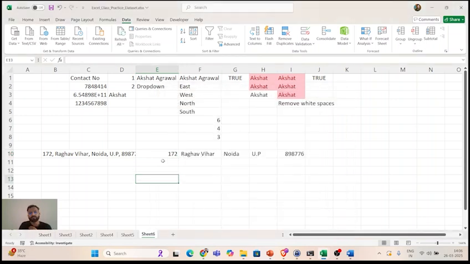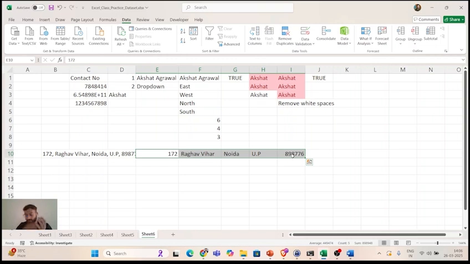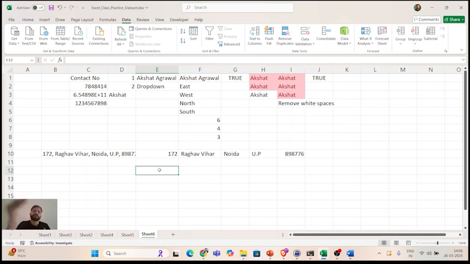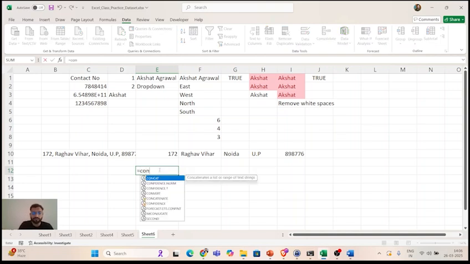But assume someone wants me to join this again, to merge the columns, to merge all the things. That again comes under the text functions as well as the data cleaning step. It can be done in data cleaning because data cleaning absolutely means that I want to prepare my data for analysis, for dashboarding, for further reporting, and so on. Right. So what I can do is use the CONCATENATE function.